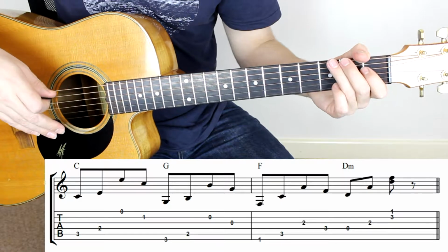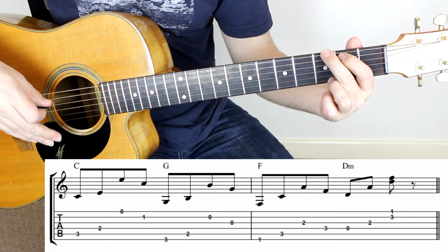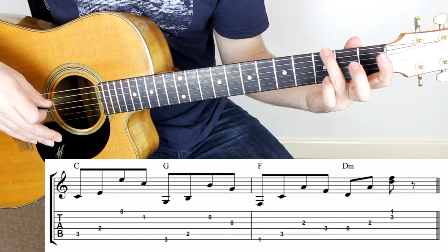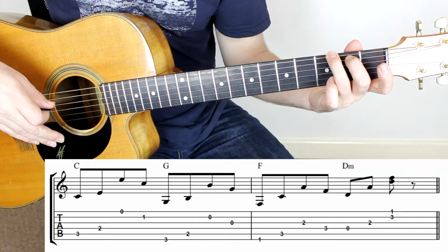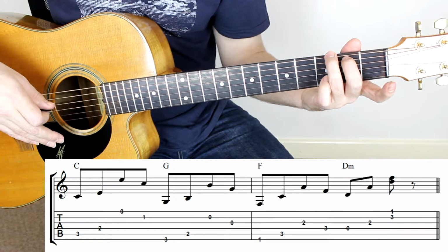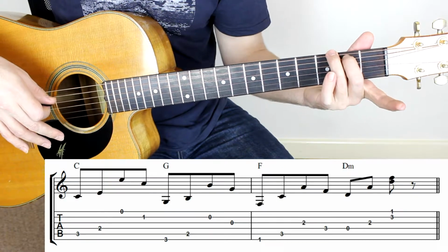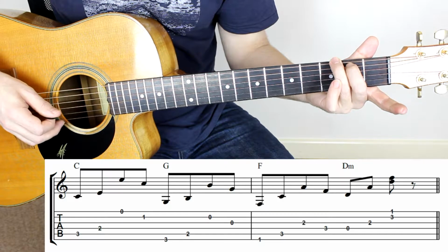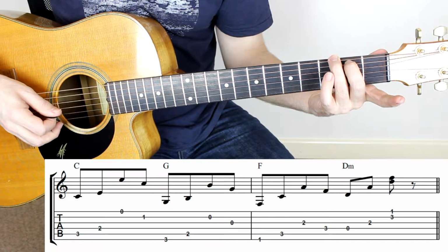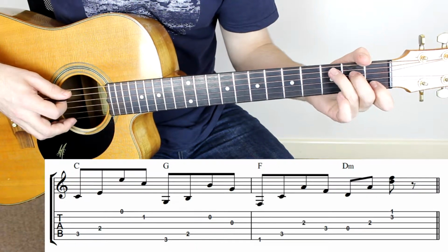Next we're going to play a G chord, but instead of playing that shape that I showed you at the start, we're going to replace our 2nd and 1st finger with our 3rd and 2nd. So our 3rd is going to be on the 3rd fret of the low E, and our 2nd is going to be on the 2nd fret of the A string, and we're not going to put any other fingers down. And we're going to play the low E, the A string, and then the B and the G. So that first bar of the second line,